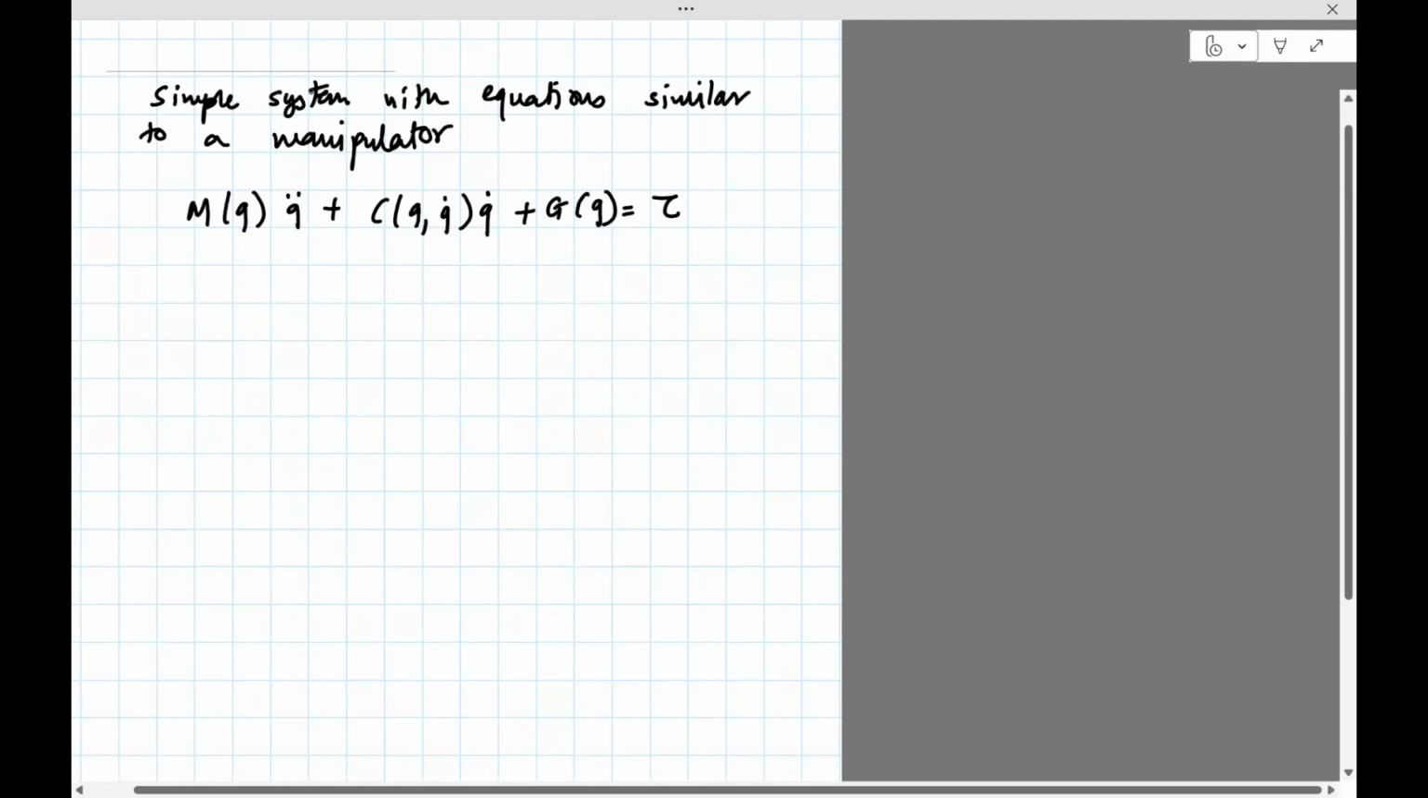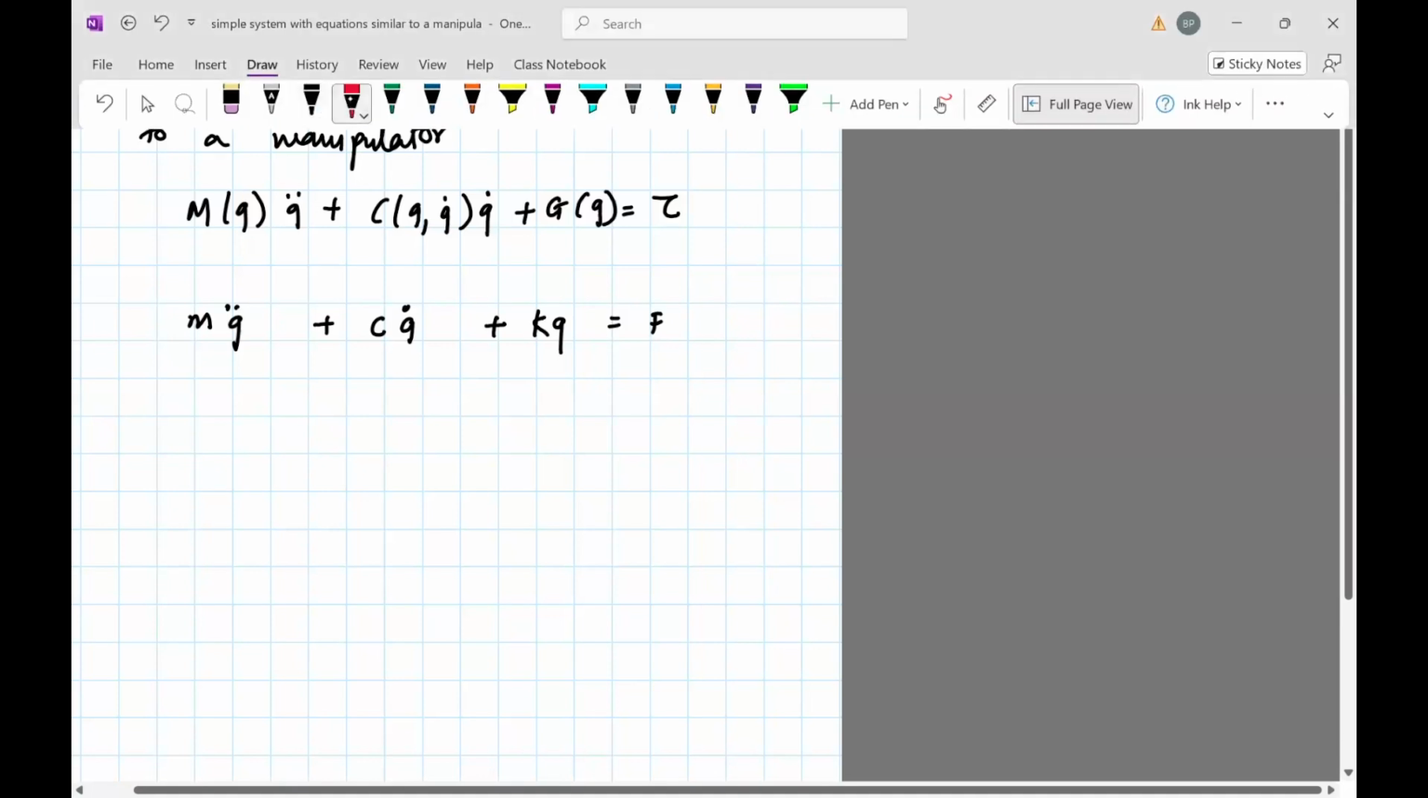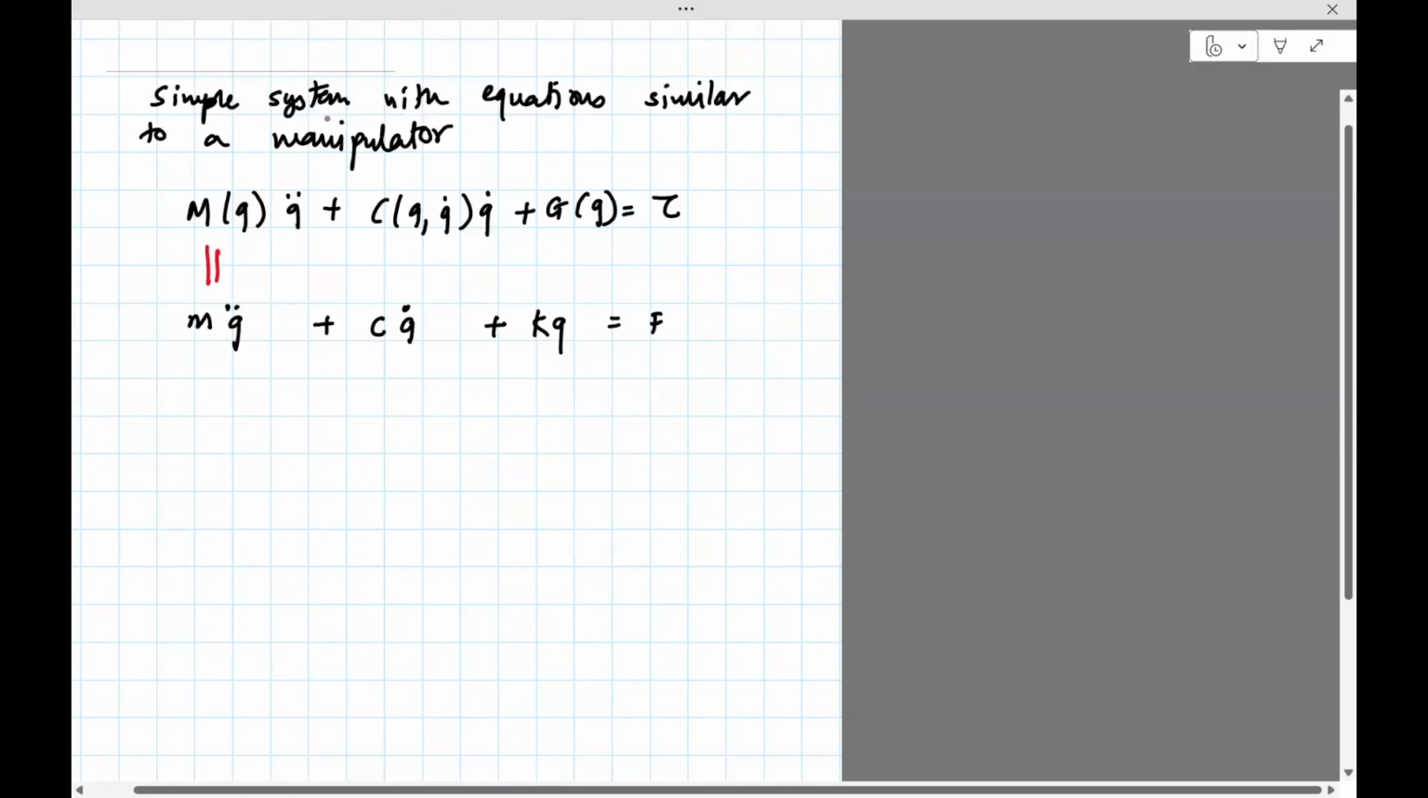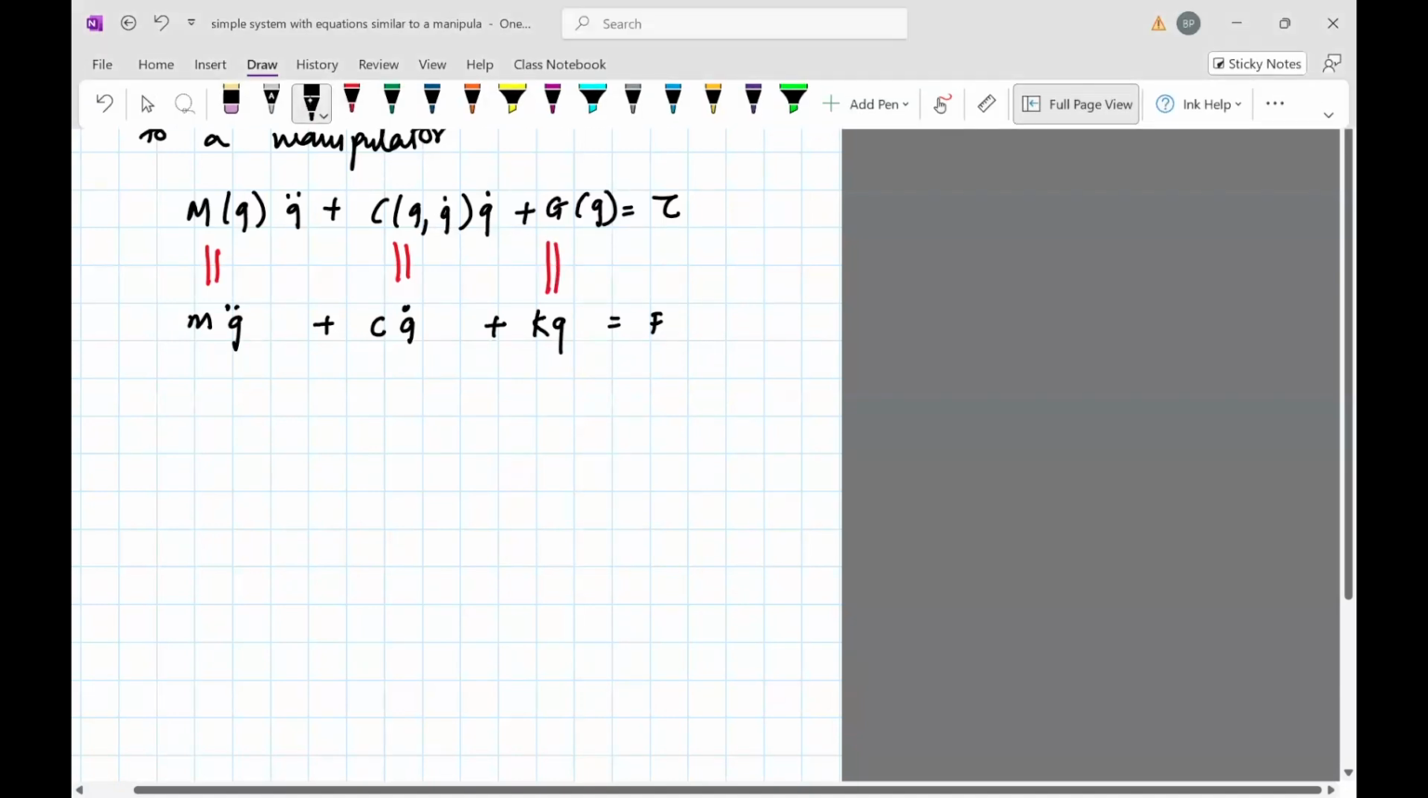Okay, so what we'll do is we'll assume that M of Q is just a constant mass M times Q double dot, plus the C is just a constant, so C Q dot plus G of Q. Let's assume a simple proportional gravity term, so K Q equals F. So you can see the similarity. This is the one-dimensional equivalent of the manipulator equation. Now it turns out that this equation is actually the equation of a spring mass system, spring